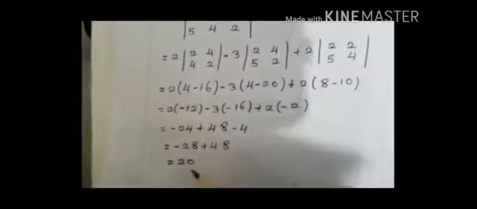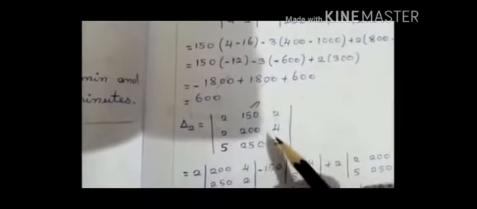Fifth sum. I'm taking 3 variables here, students, that is x, y and z, and in the question itself I told you how I'm fixing x, y and z, and we are getting 3 equations. Since we are getting 3 equations, we will be having 3 variables, that is x, y and z. So I told you how to calculate. We are going to calculate delta, and what is the answer I'm getting for delta, students?